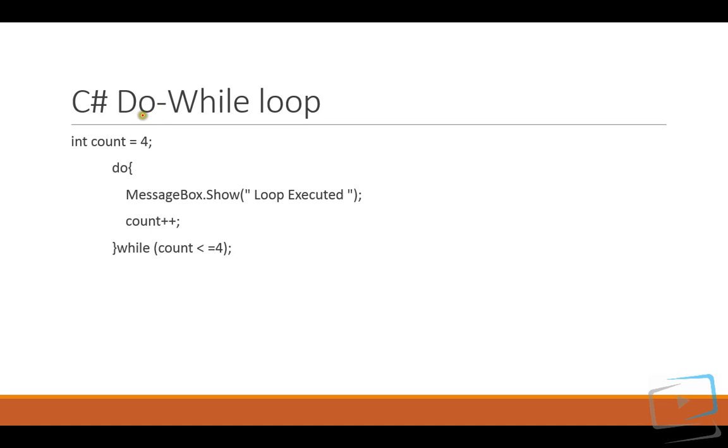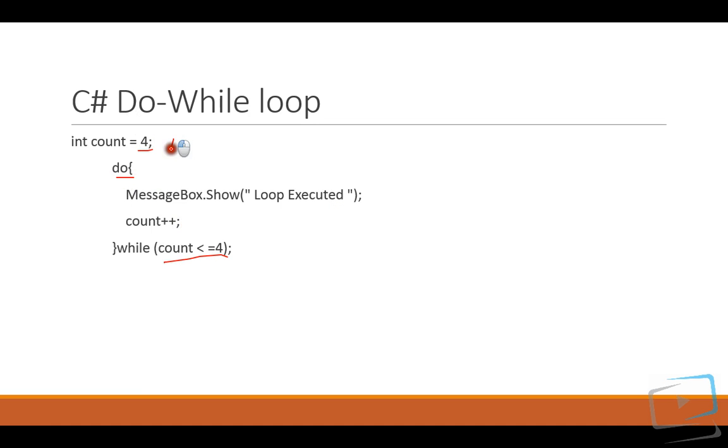Now we'll see what a do while loop is. A do while loop is the same thing as a while loop, but you have a simple difference here. In a while loop it always checks whether the condition is true, and then it executes, or else it will not. Here, first you do, which means that the statement is executed at least once. Do, then it will check your condition. It has been executed, count plus plus, now your count is 5.